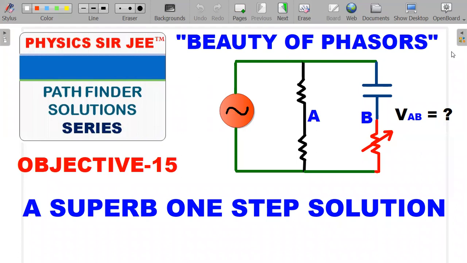In the chapter there is an objective section, and this is question number 15. The idea for taking up this problem is to present a very short video, and there are many ways of solving this particular problem as I will present the formal wording, but my view is that this problem gets solved much easier once you use the phasor diagram analysis. Okay, so this will illustrate the beauty of phasors when you understand it well.